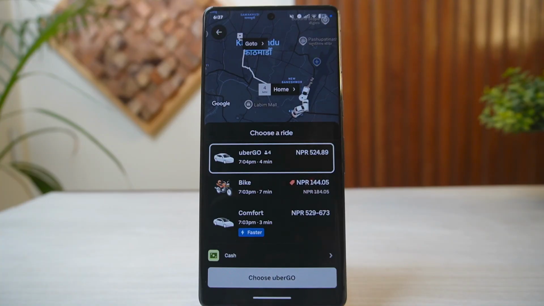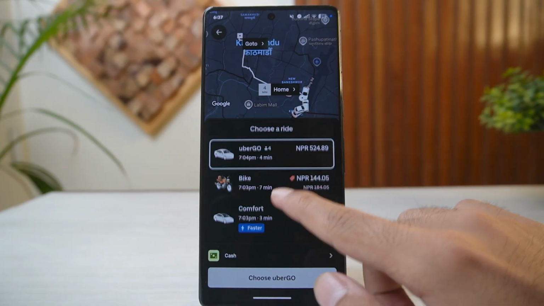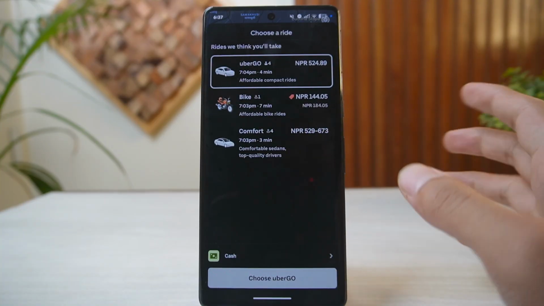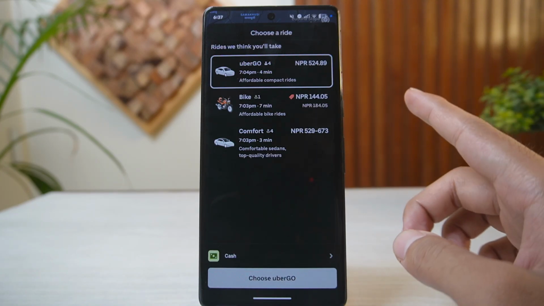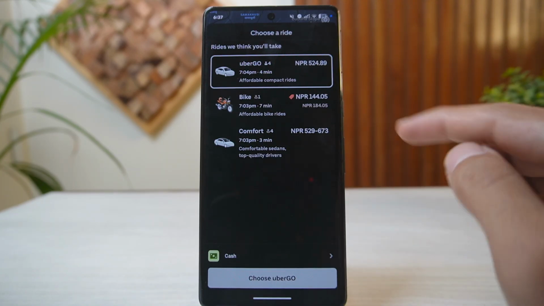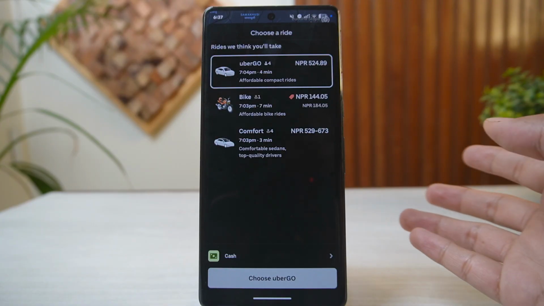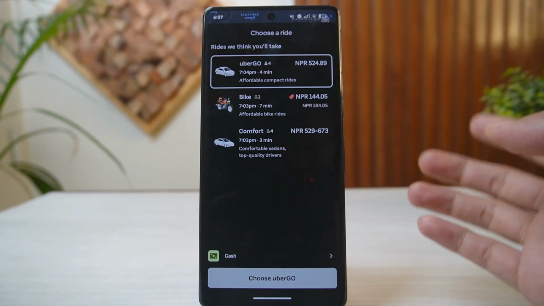From here, you simply have to select the Uber Intercity from this list. However, this feature is not yet available within my region, but you should be able to find that option over here. Now, once you select it, all you have to do is choose Live Now or tap the calendar